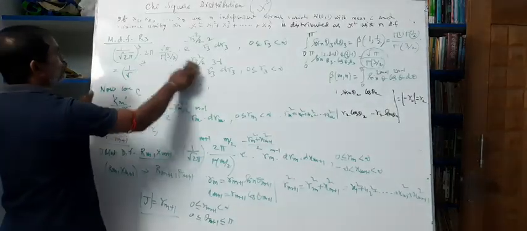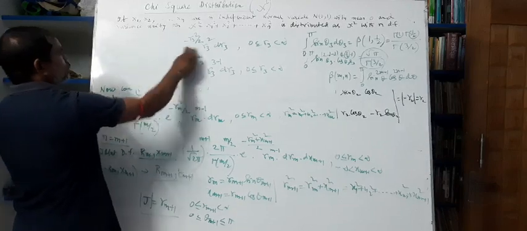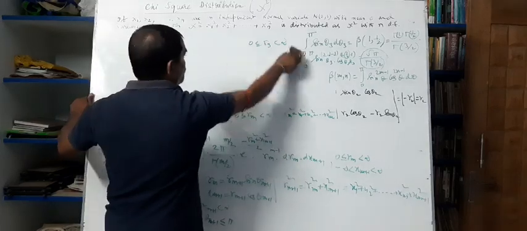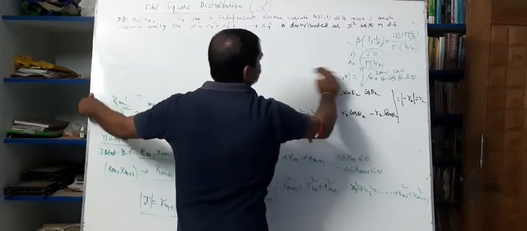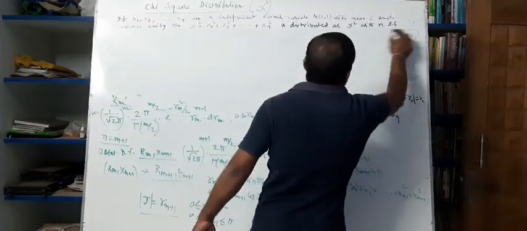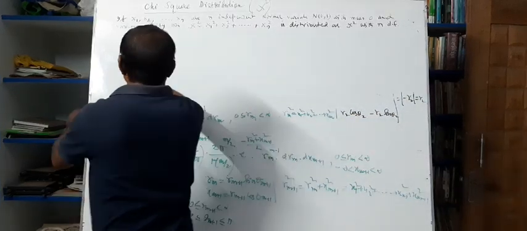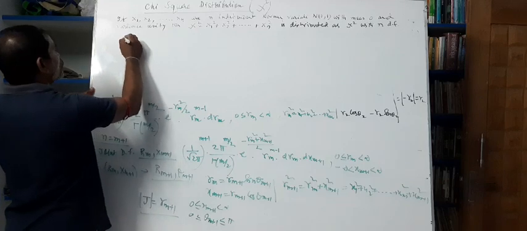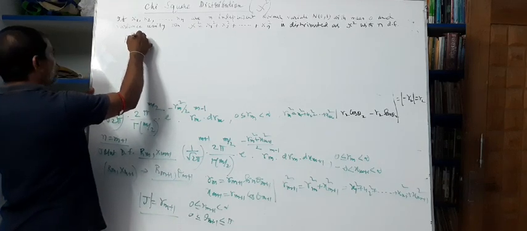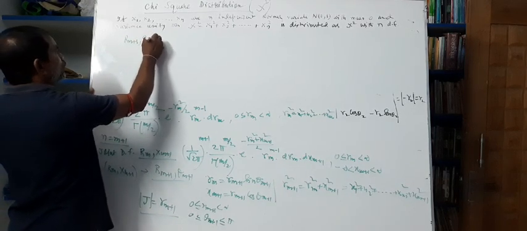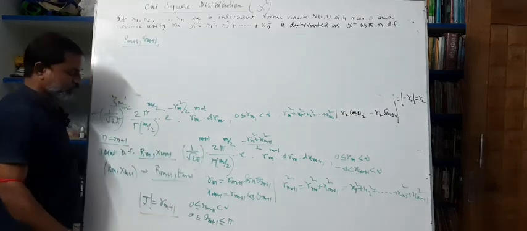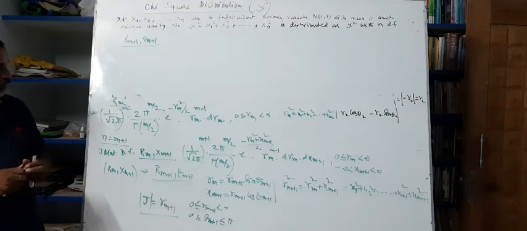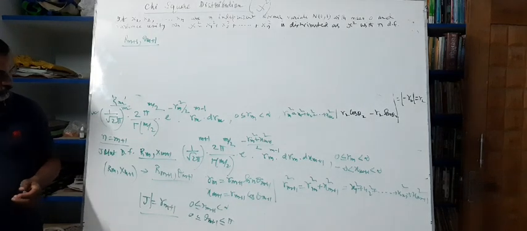So the distribution function of Rm plus 1 and theta m plus 1 can be written as